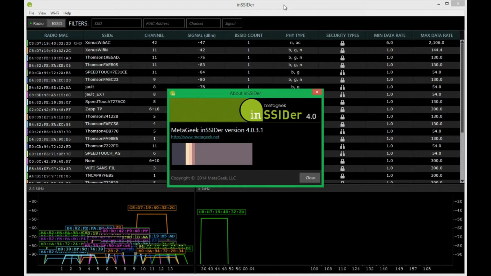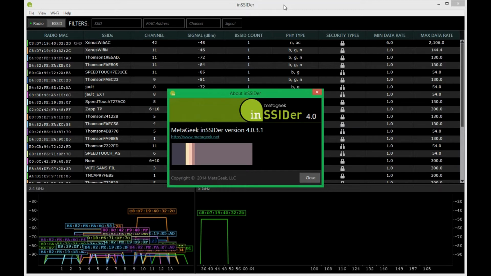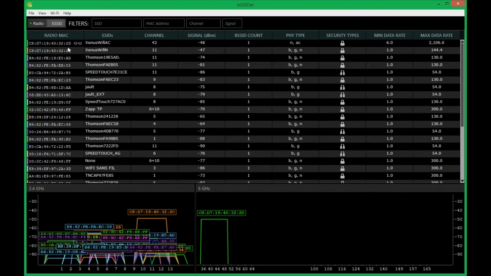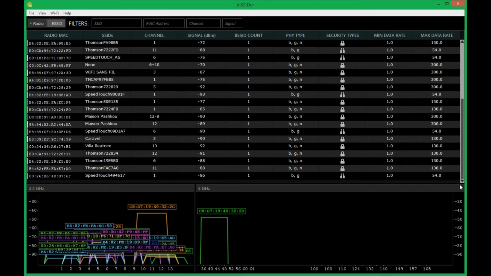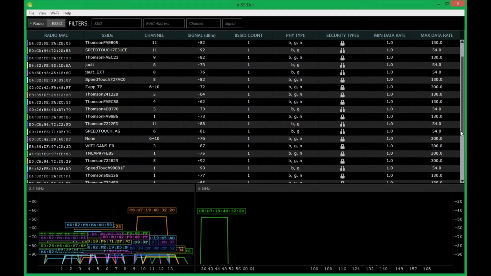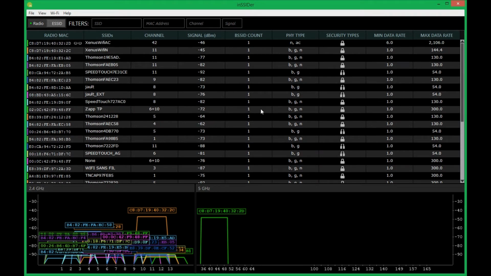I will try to show you how you can optimize your Wi-Fi network. I'm using this software, called Insider 4.0, and with it you are able to watch all the Wi-Fi networks that are near you. As you can see, there are a lot around me because I'm inside a building, so I can tell you there could be a lot of conflict there.